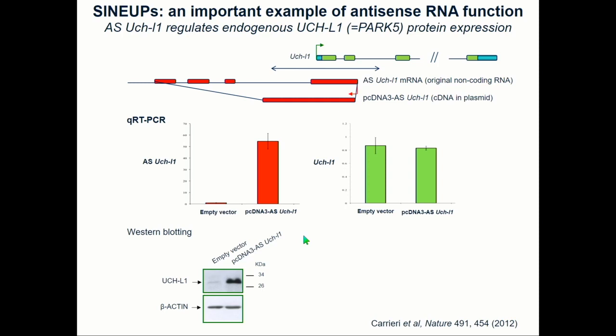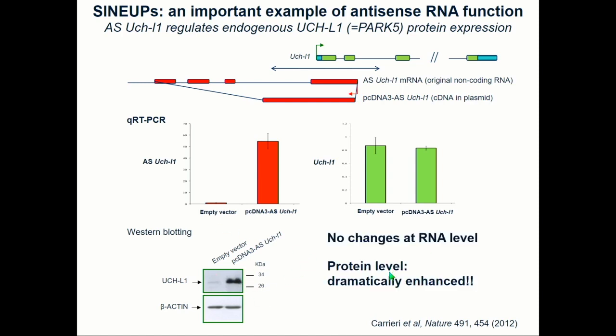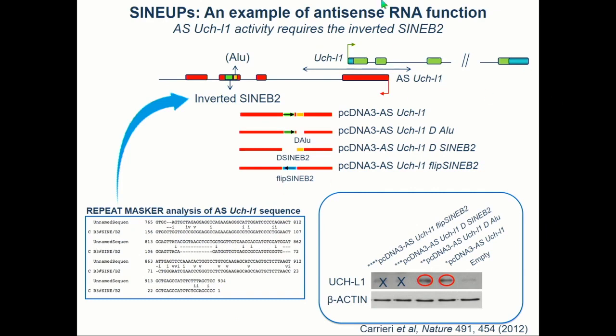And knowing all the siRNA, microRNA, we would expect that some antisense will decrease protein expression. However, we were very surprised that by adding the antisense, we can see much more protein. So there is no change at RNA level, but a dramatic increase of protein level in the presence of the antisense. So, well, this is unexpected, but we started to map, and by computational analysis, we identified that